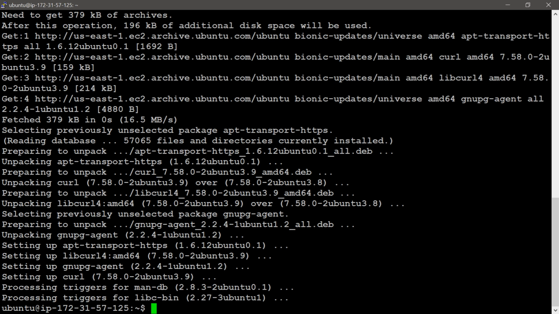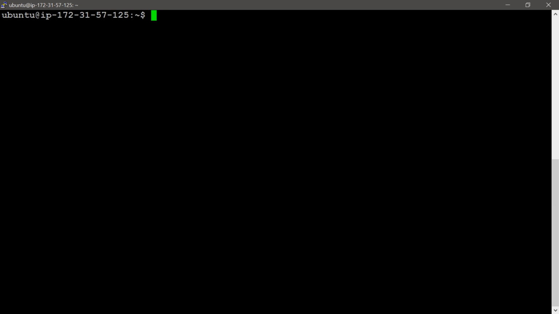Now I am going to add the Docker GPG key to the Ubuntu apt repository. The command is curl. This is also a very long command, also available on the Docker official website installation page.